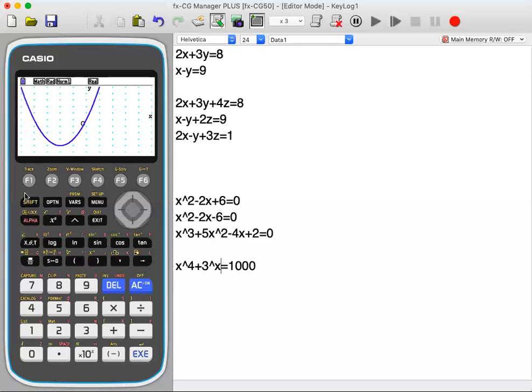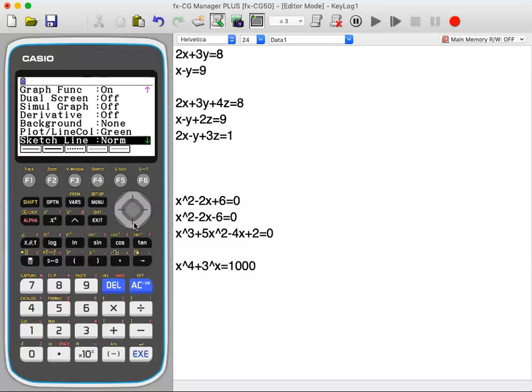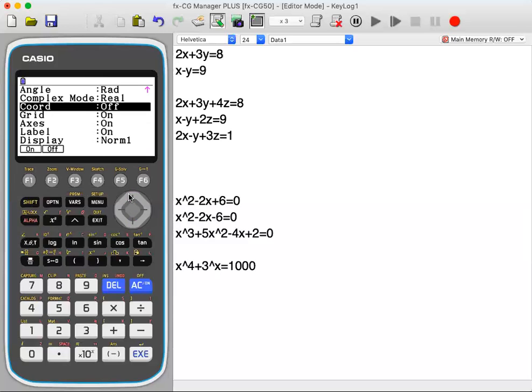So just once again, to do any setting like this, because lots of times students face difficulty with graphs, you can press shift menu and go out here, and just make sure you keep your grid on, your axis on, your label on, just to see any function and all, and obviously your coordinates on.